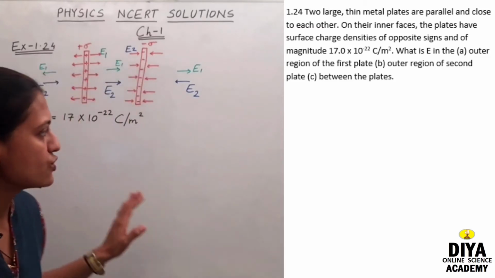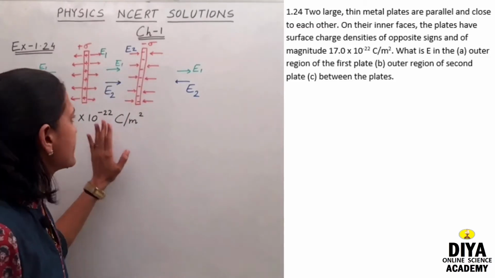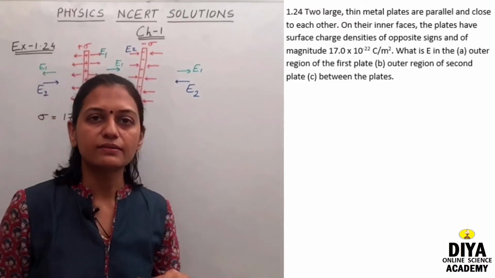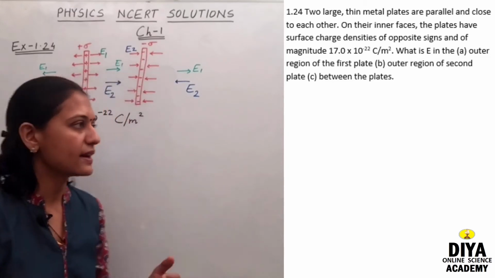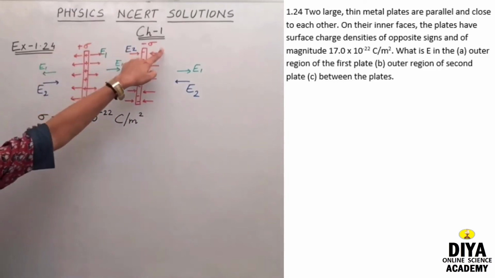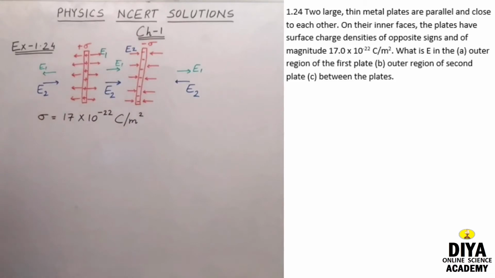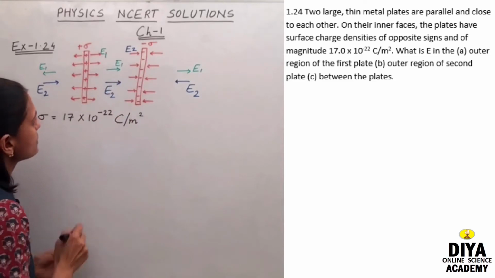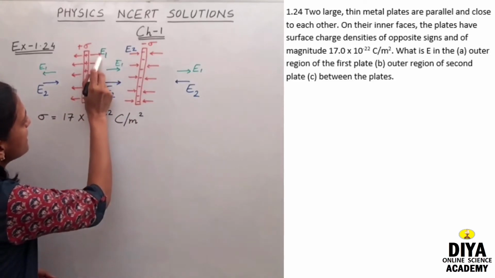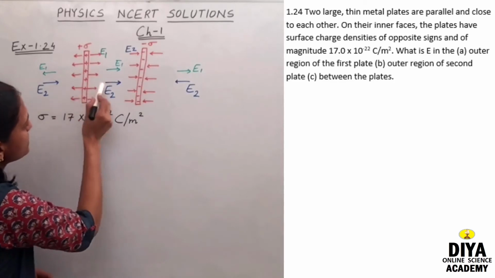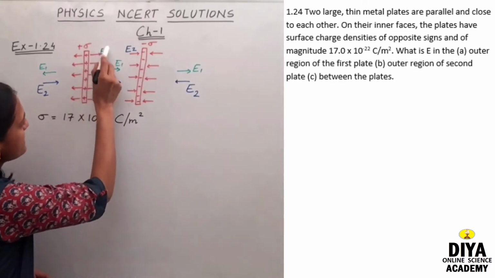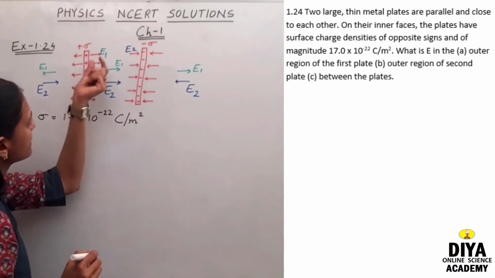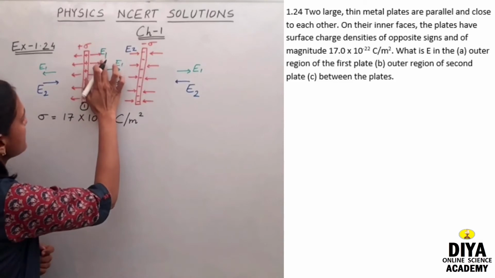So see, the arrangement that has been given over here would look like this, that two plates have been given and both of them are having opposite charges on it. That means they are having opposite surface charge densities, plus sigma and minus sigma. So the field created due to this positive and negative charge distribution would be like this. The field due to positive would be outwards to the plate. So E1, let's say that electric field, we treat it as E1 due to plate number 1 is in this direction, that is represented by E1.